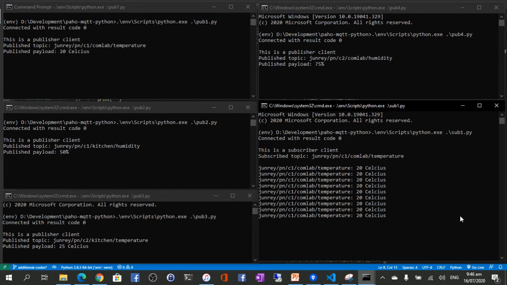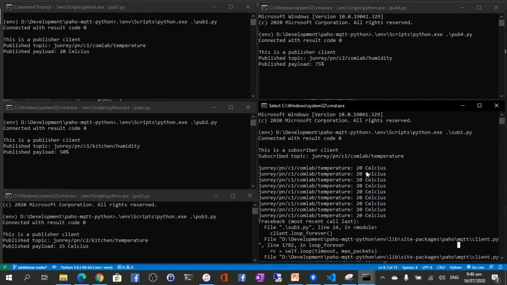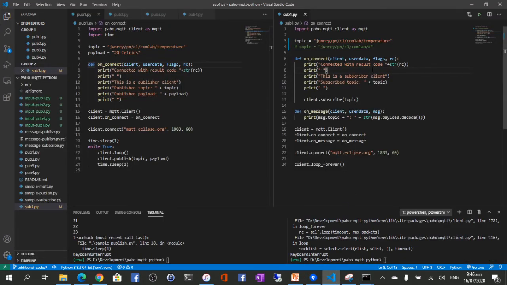Okay, so if you notice here, this is a subscriber client and it subscribed to the topic Junri PNC1 Comlab temperature, which is this one, the first publisher. So that's why it's now printing that topic and also that payload, because in our code we only specified to subscribe to that certain topic.